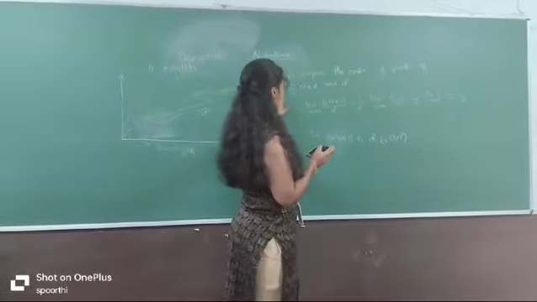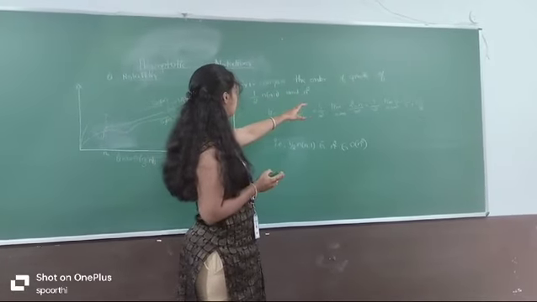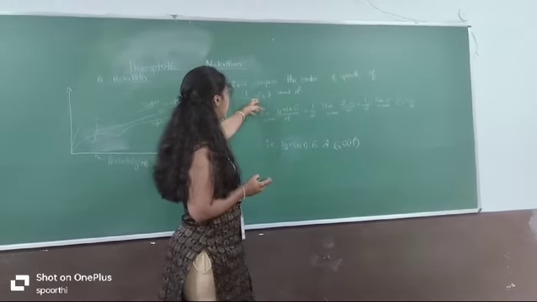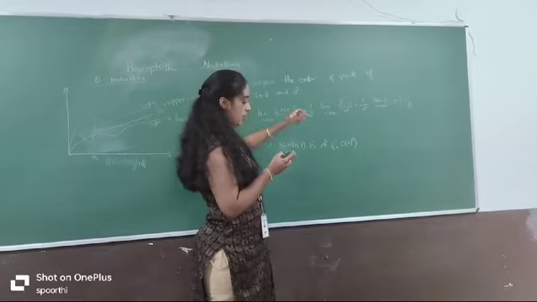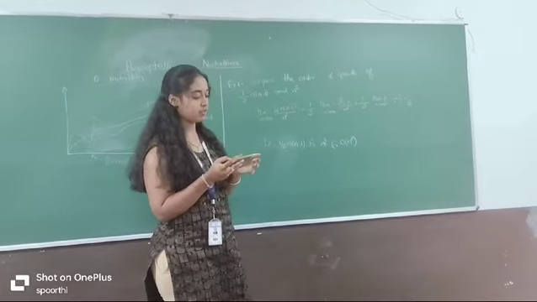Here is an example. Compare the order of growth of 1 by 2 n into n minus 1 and n squared. To express theta notation, we focus on the higher